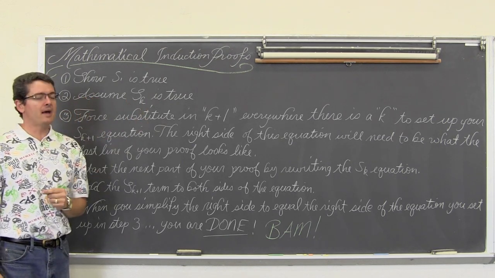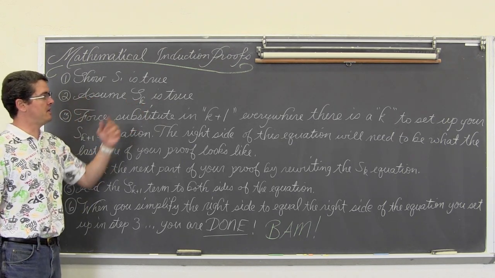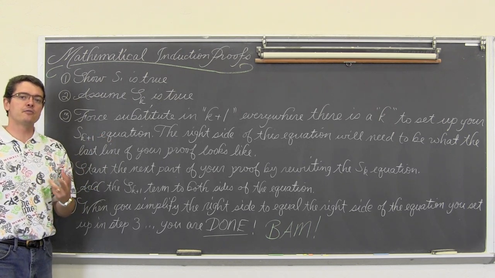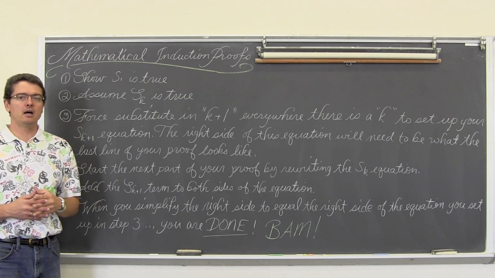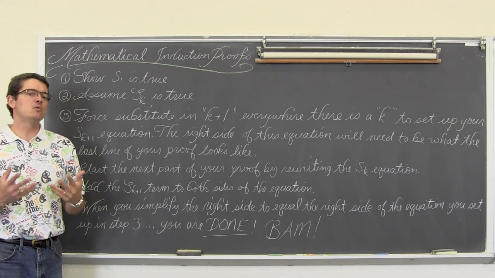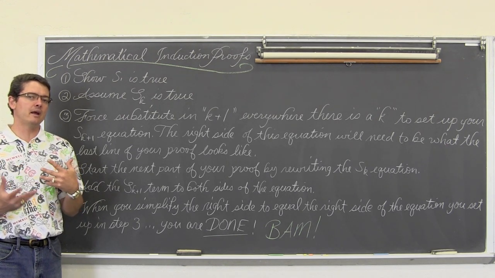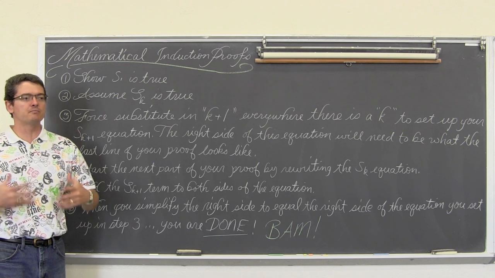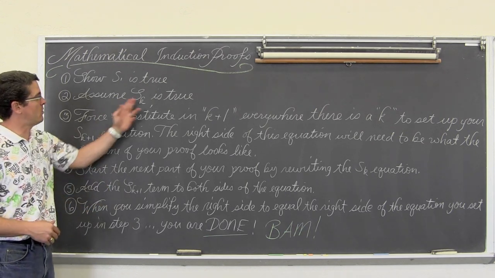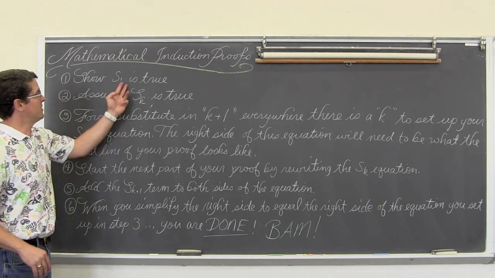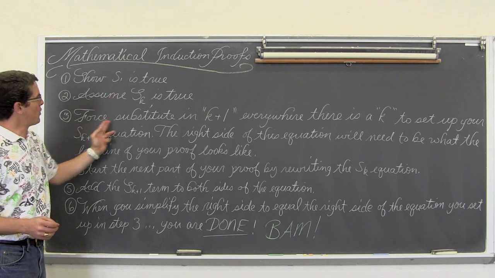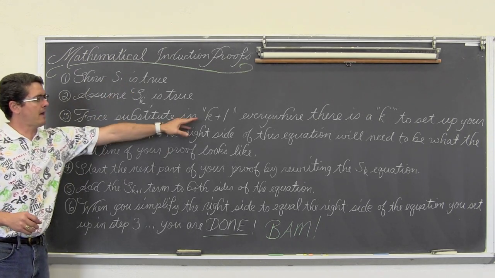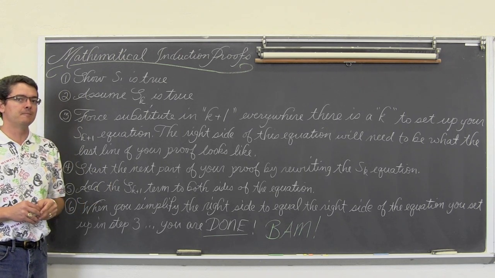We're going to assume S of k is true. S of k is going to be the original statement, and in our first 2 examples, or actually all of our examples, excuse me, it's going to be a sequence of additions. Basically maybe an arithmetic or geometric sequence, but just a sequence of additions. And that equation we're going to assume to be true. We did, after all, just check that it worked for at least the first term. Step 3: substitute in k plus 1 everywhere there's a k.